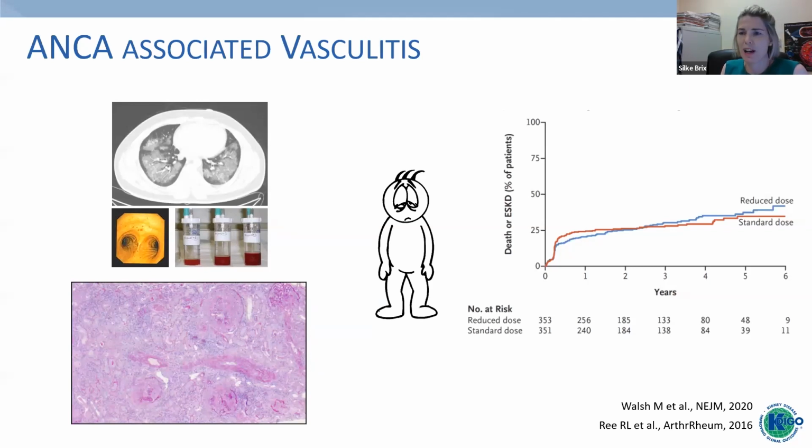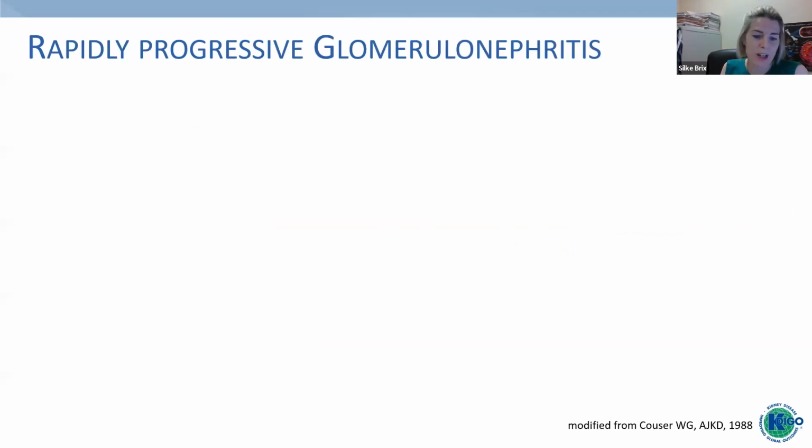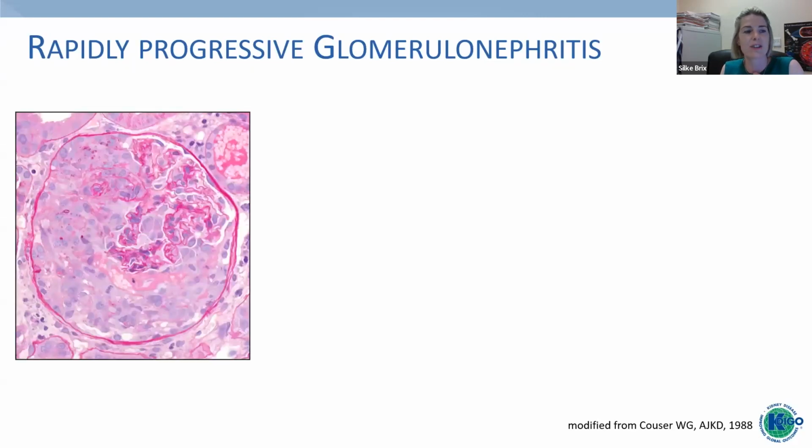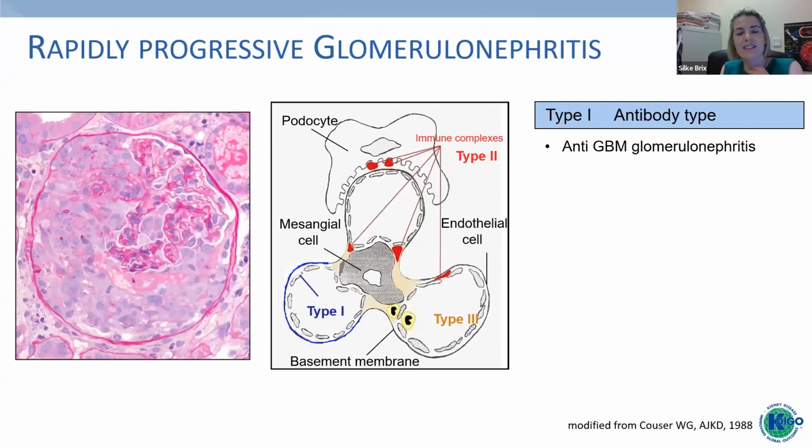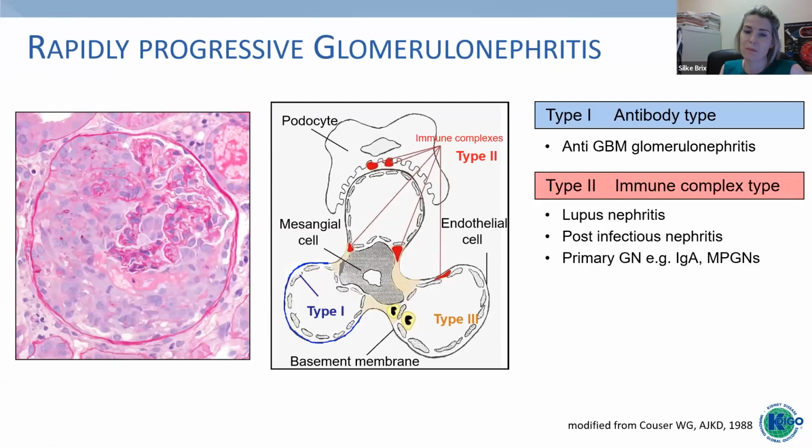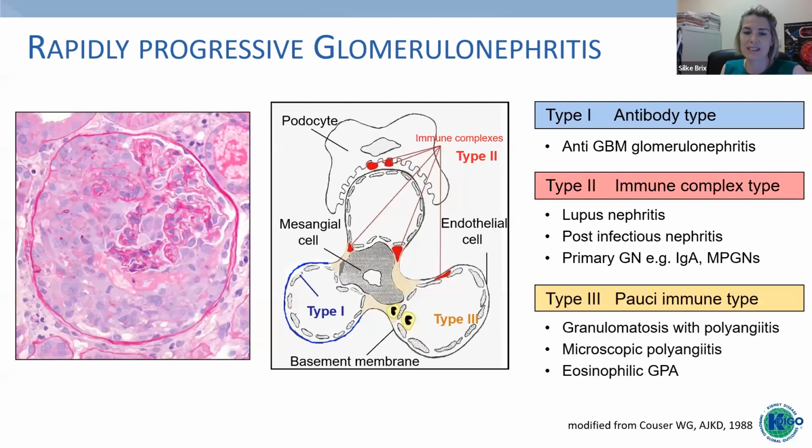And we could say, why have we not looked into complement inhibition earlier? And I don't think we need to blame anyone on that, because if we look at how we define our diseases and look at how we divide our rapidly progressive glomerulonephritis, remember that it's easier to look at type 1, where you have this nice linear deposition of an IgG that directly activates the classical complement pathway in anti-GBM disease, or the type 2 immunocomplex diseases. As Juan just pointed out, there's so much deposition of so many different immunocomplexes and complements that no wonder you wonder where the mechanism is and what to block, compared to what we set for our disease, ANCA-associated vasculitis,